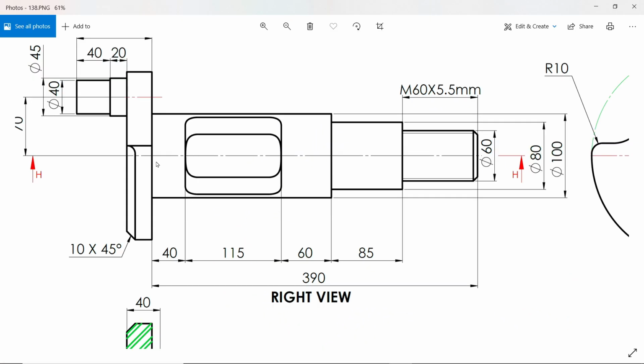Look, now here we are going to make this shaft 40, 60, and this is 115, 215, then 85, this diameter 100, then this diameter 80, and then this diameter 60, and this is 130, 390 from this side.